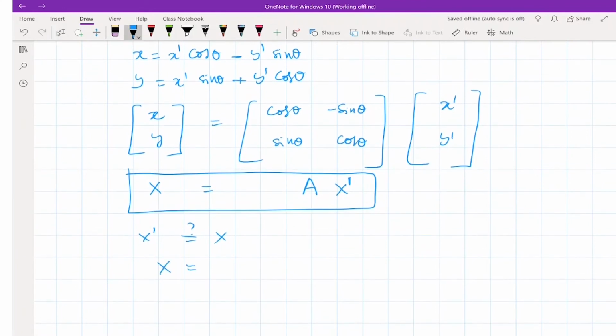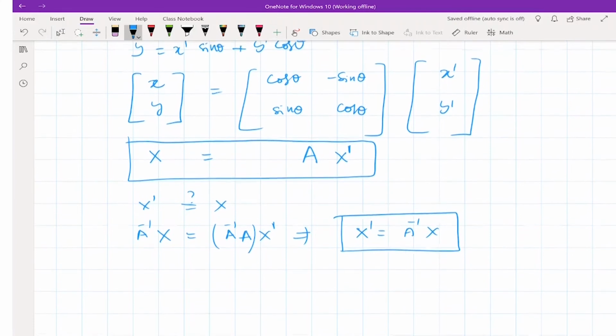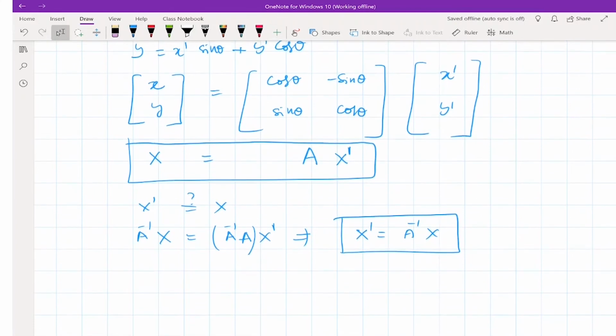You have X equal to A times X prime. You multiply on both sides, on the left-hand side, by A inverse. A inverse times A is the identity matrix. So what you have then is X prime is equal to A inverse times X. Of course you could do that geometrically as well, but I am just doing it here with matrix operations. So what is the A inverse here? A inverse is a 2 by 2 matrix: 1 by (AD minus BC) times the matrix D, minus B, minus C, A. The determinant is